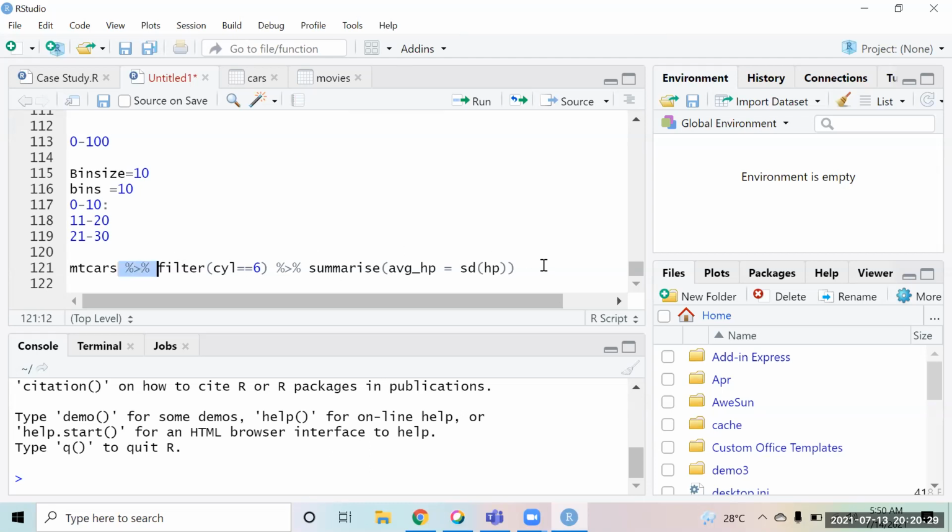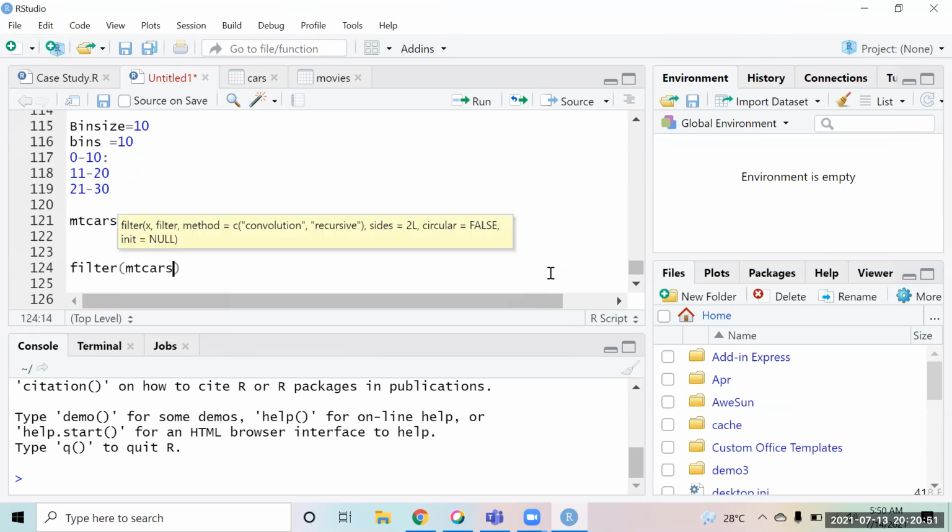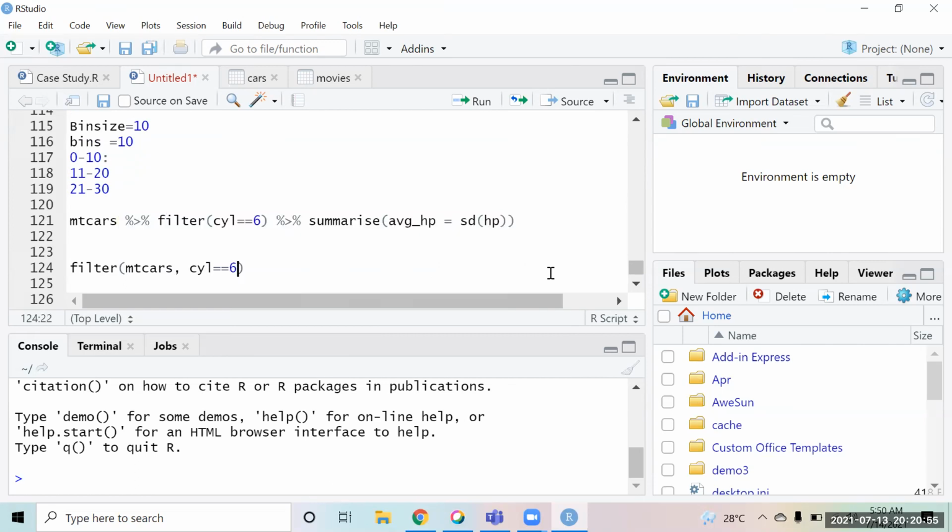Like, for example, the same question that you were doing yesterday. You have to calculate the mean horsepower. So how we were writing the function was: filter the data set, that is mtcars, then we apply the filter cylinder equals 6.